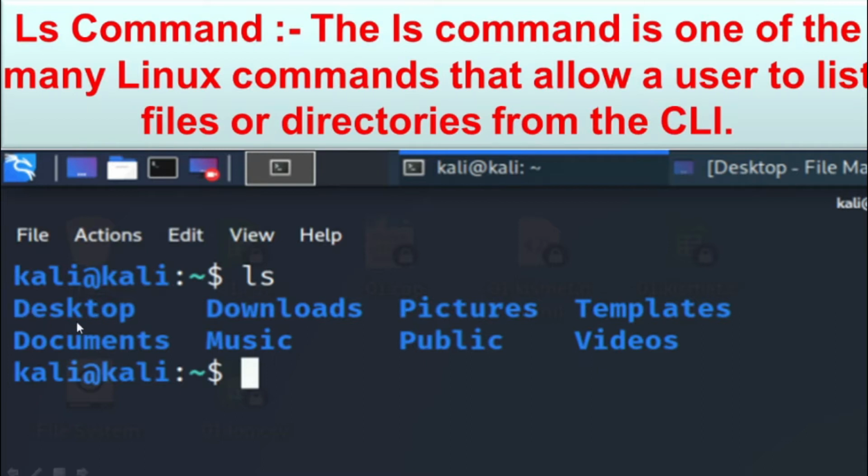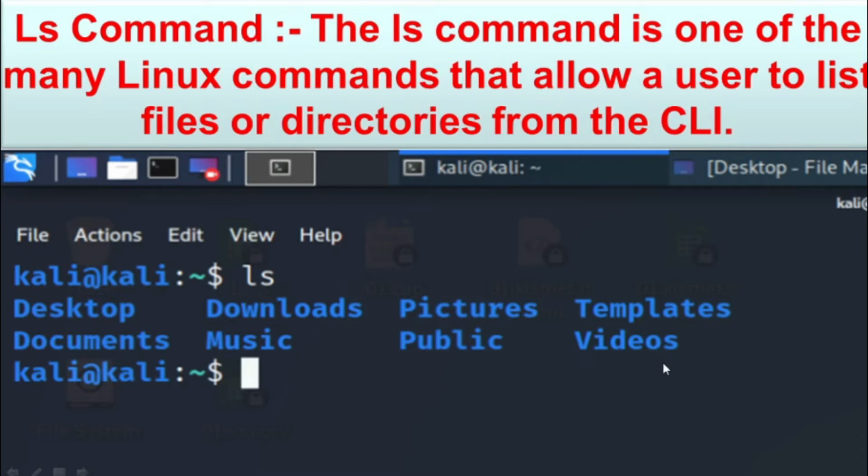As you see on the screen, with the ls command, we are able to view files and directories from your current working directory. The ls command is used to list files and directories in a Linux or Unix based operating system.